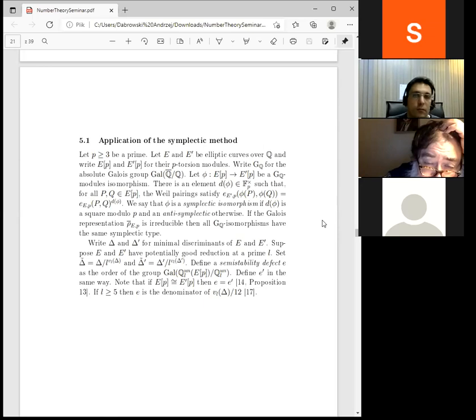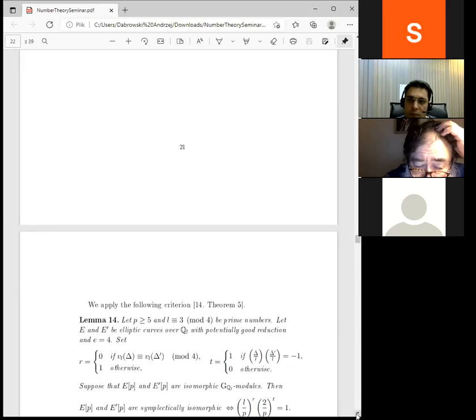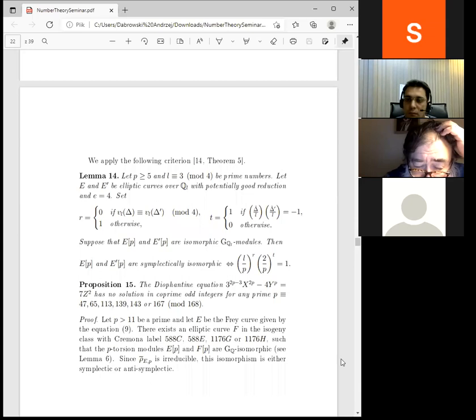And if we start with some elliptic curve, and the representation of such an elliptic curve is irreducible, then all isomorphisms have the same type: all are symplectic, or all are antisymplectic. I will not define this precisely, because here I want to show that the proof depends on a very explicit criterion for